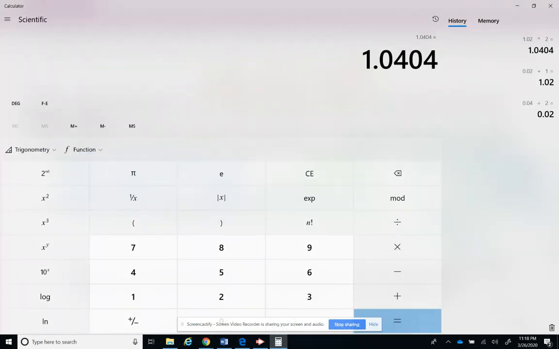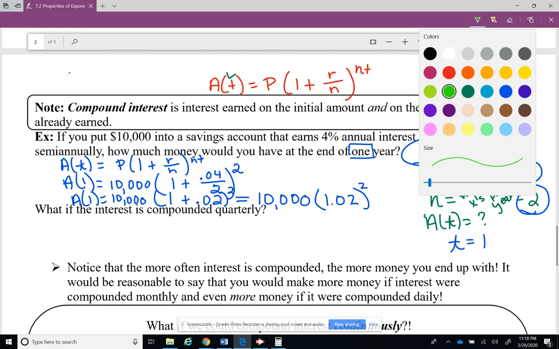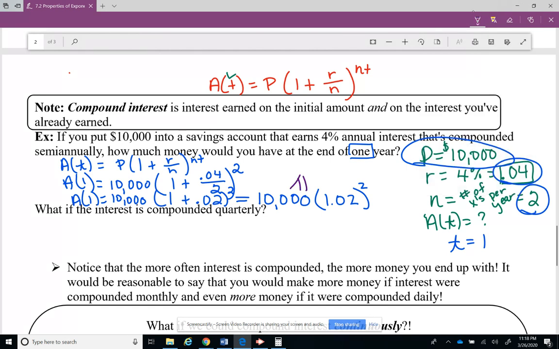So we're going to multiply it by 10,000 equals. That is $10,404. All right, so my answer is, I'll do it in purple. My answer is, my A of 1 is $10,404. So you put $10,000 in your savings account. It earned 4% annual interest that was compounded semi-annually, which is twice a year. How much money would you have at the end of 1 year? That's it,